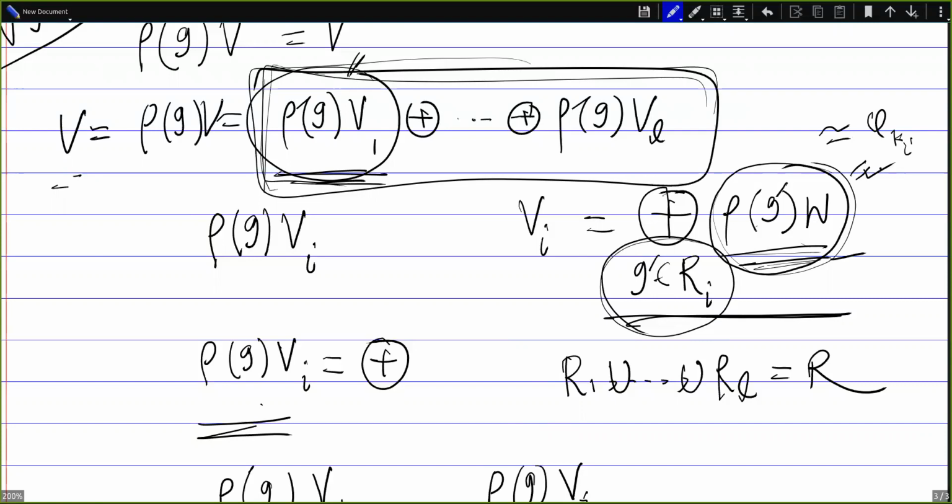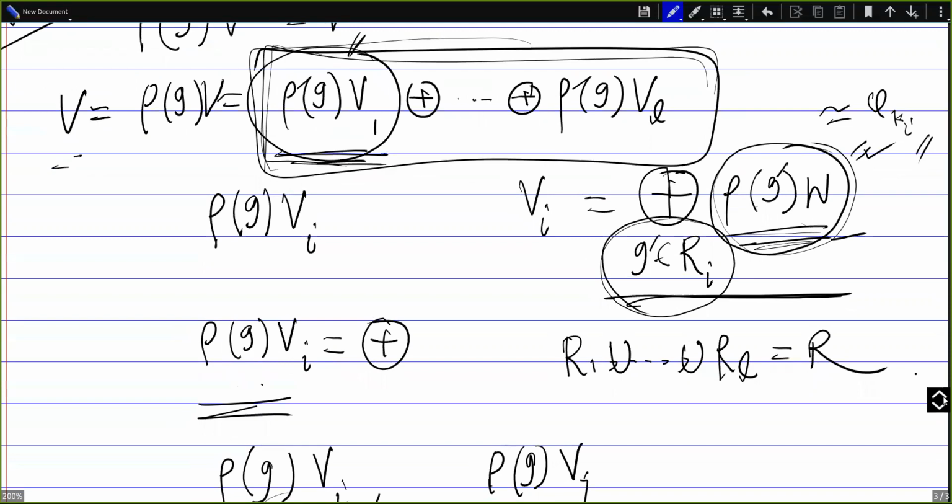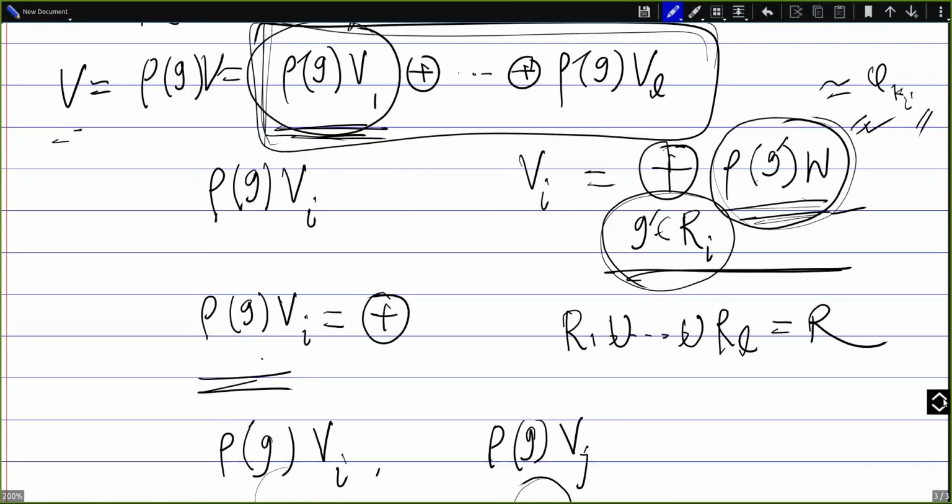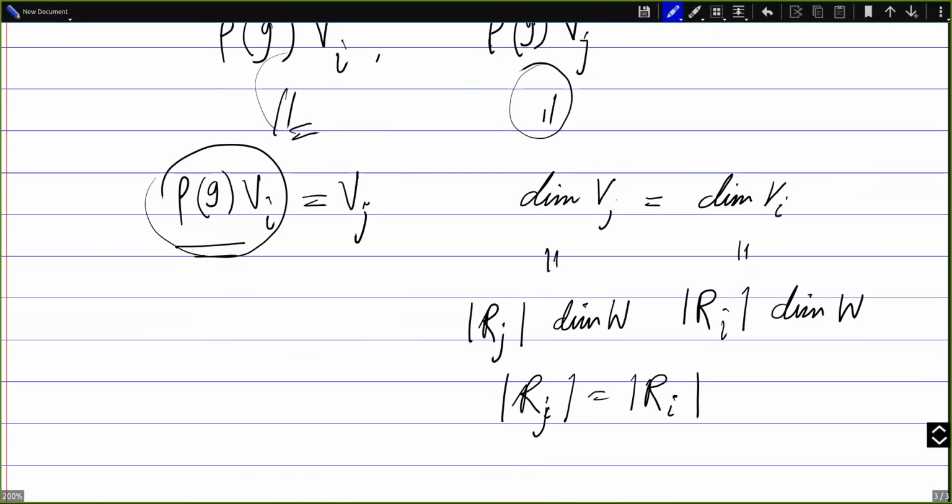Thus in Vi we have the total number of occurrences of phi ki. And that is the same as here in Vj, the total number of occurrences of the corresponding phi kj. So that shows that if rho g Vi is Vj, then